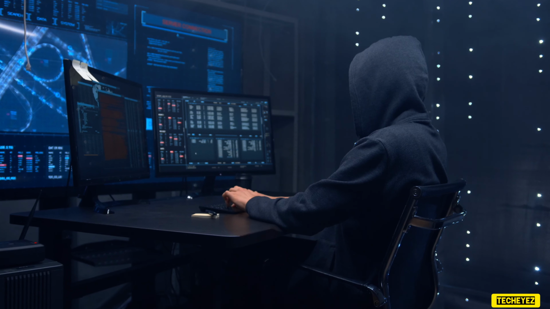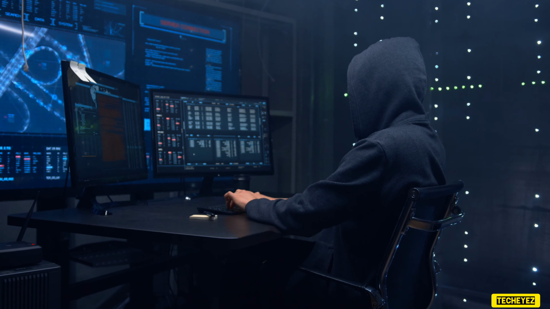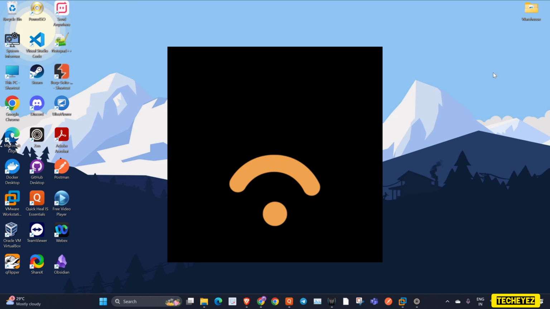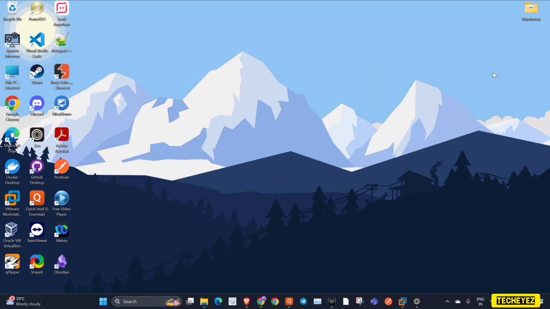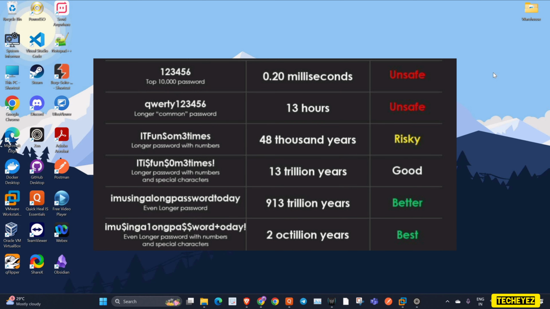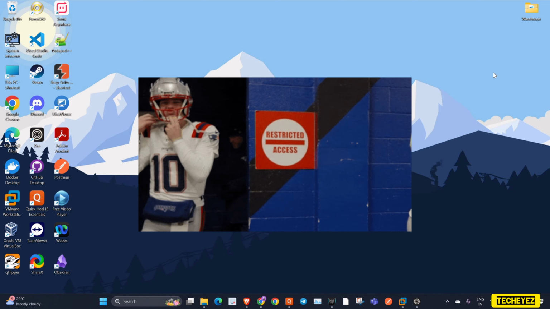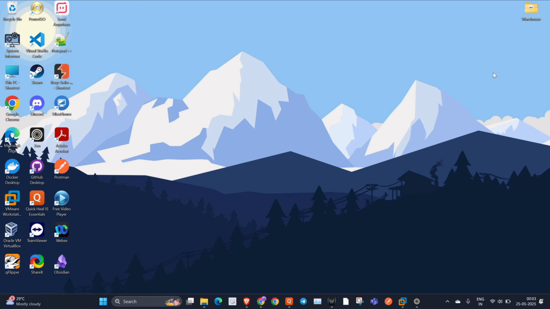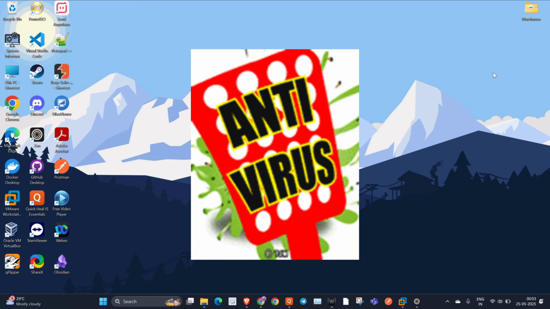To protect yourselves from such attacks, it is important to use strong encryption like WPA2 or WPA3. Always set a strong Wi-Fi password which is difficult to guess. Restrict access to unauthorized users and always maintain good antivirus software.